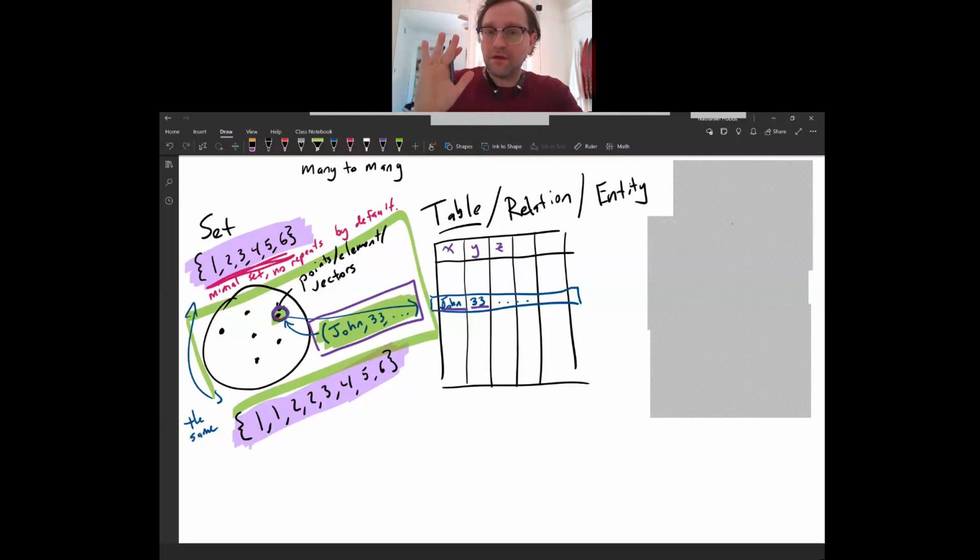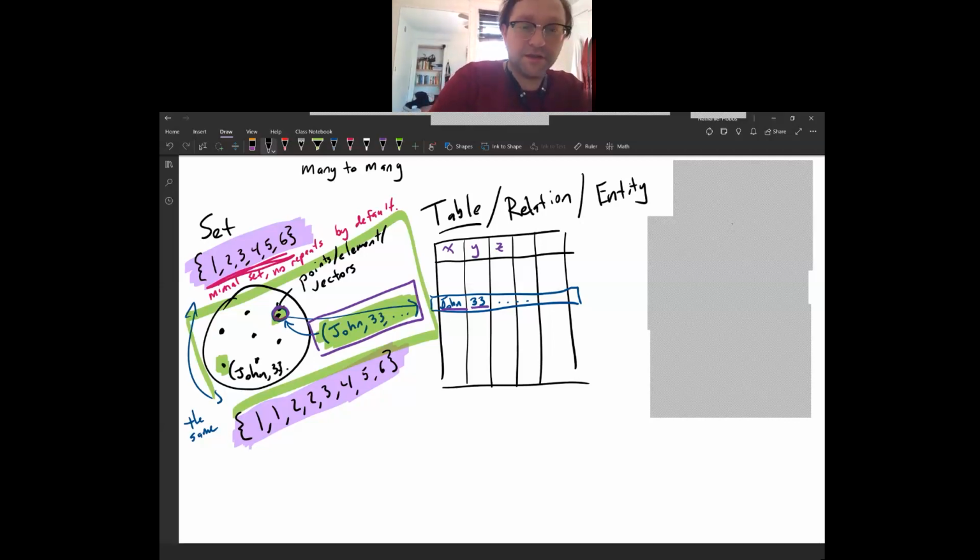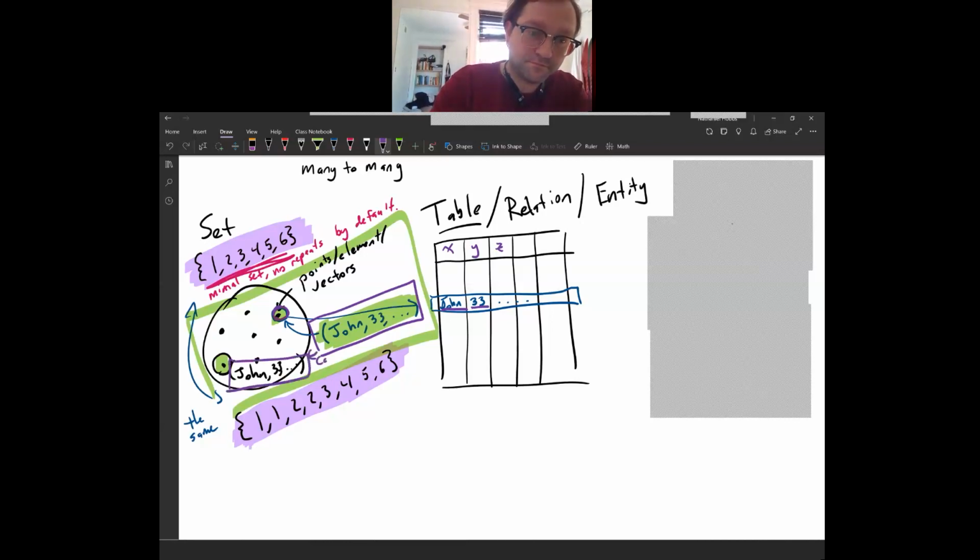One easy way to see this is just copy the exact same point. So here I'll make another one that's John 33 and everything else. Let's say that I added another point to this set that was just a carbon copy of this. Then I'd have one point appearing 2 times in the set, which is a waste. And the way that that would look in the table,